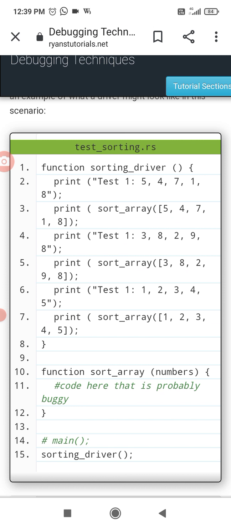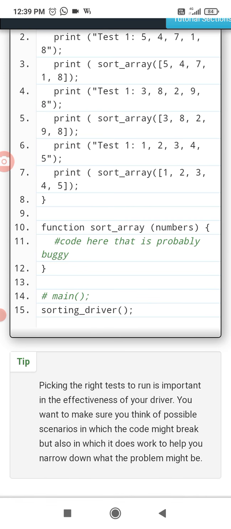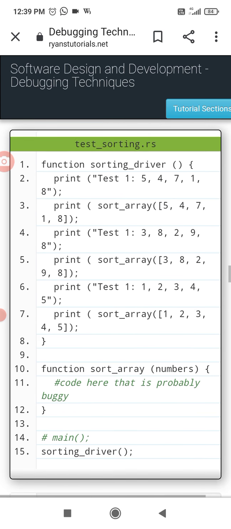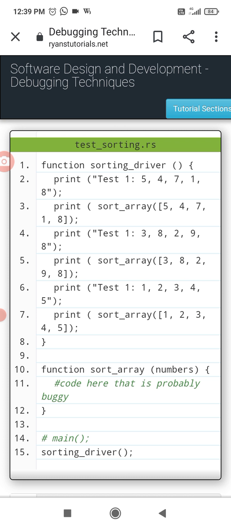Print test 1, with the array 5, 4, 7, 1, 8. Print the sorted array. Then print test 2, with the array 3, 8, 2, 9, 8, and sort that array as well. This is the program. Look at the program first, then we will move further and understand what is there.